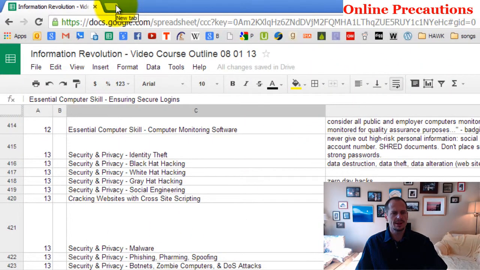A couple more techniques you can use to protect yourself online. One of them is to ensure you are using secure logins whenever you log in somewhere. What the heck does that mean? We've already talked about this before. But basically, all that means is that whenever you send critical information over the internet, you're making sure that you're using